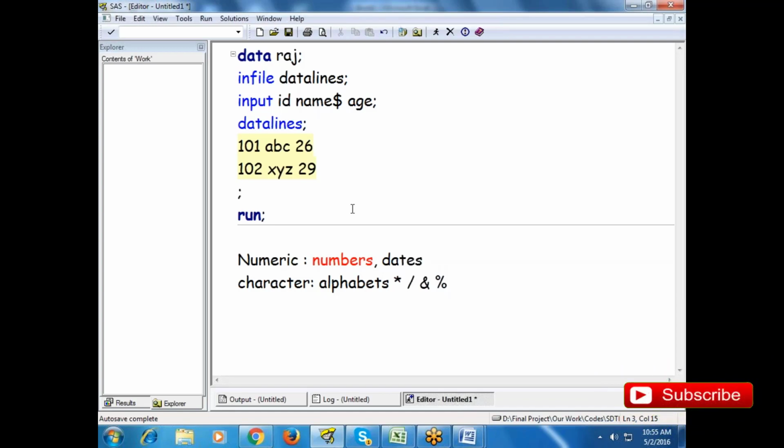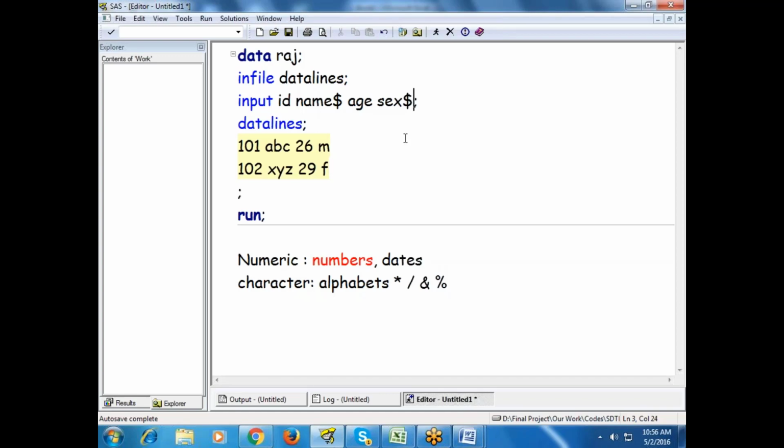Right. Now if I write one more variable, sex, with the values male, female, do I need to write a dollar symbol, yes or no? Your variable sex has to read small m, small f. If you want to read alphabets into your variable, then I have to give a dollar symbol.